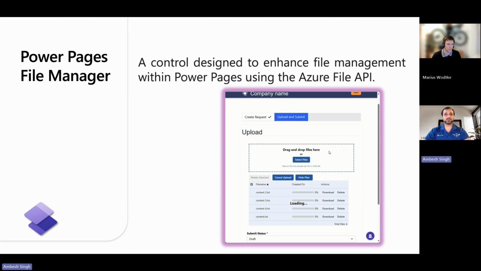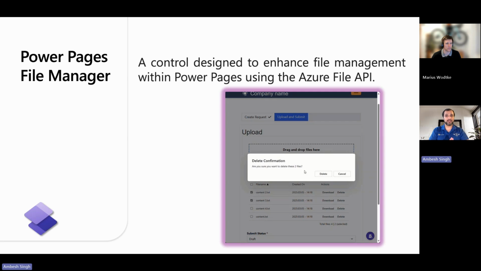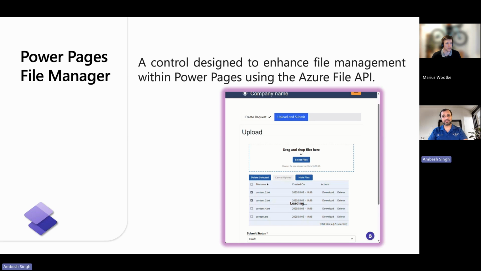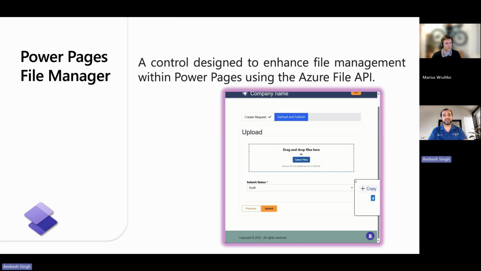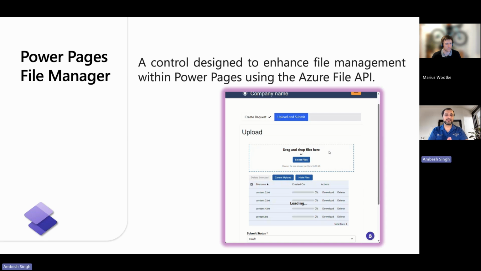This control is designed to enhance file management within Power Pages using the Azure File API. It enables users to seamlessly upload, download, and manage files stored in Azure Blob Storage, offering significant advantages over traditional solutions like SharePoint. With support for files up to, for example, 10 GB, scalable architecture, cost-effective pay-as-you-go pricing, and advanced security features, this component is ideal for handling large files while ensuring high availability and seamless integration within your Azure